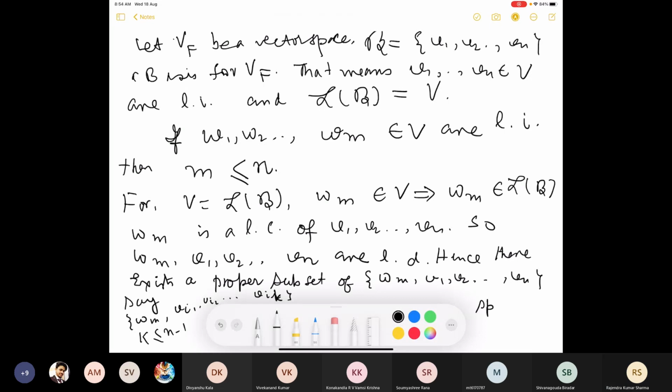Spanning the whole of the vector space V over F, and are linearly independent. These vectors are also linearly independent. That means this also is a basis. So what we have got is, if V1, V2, Vn